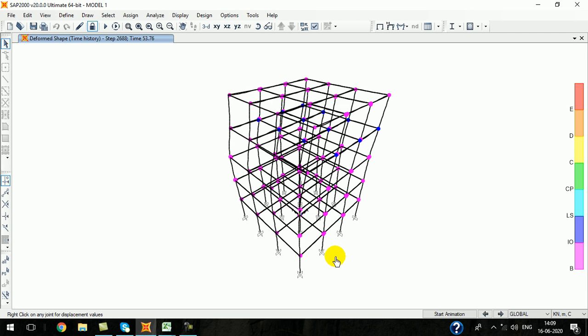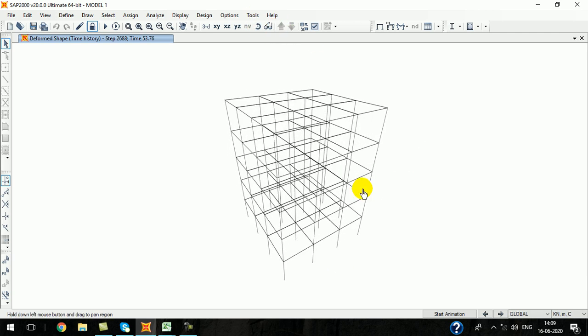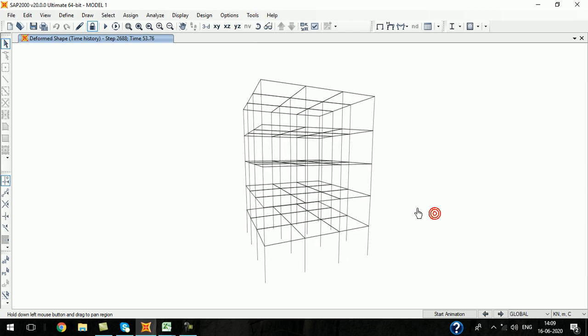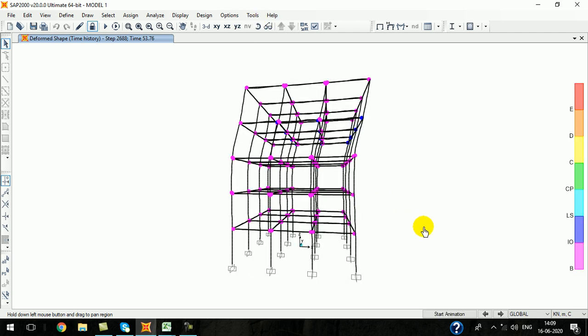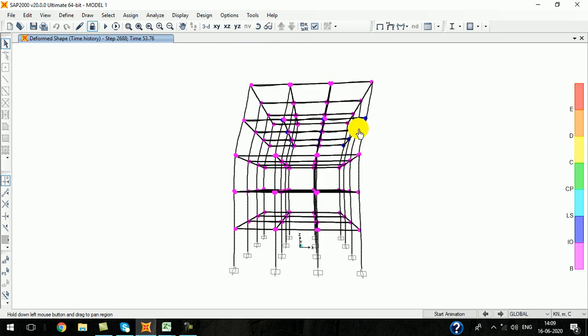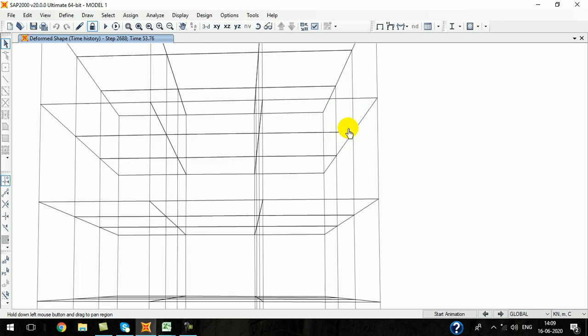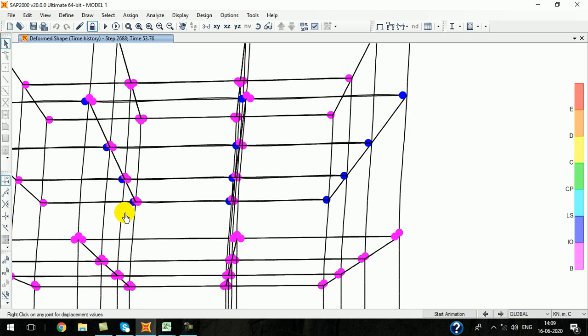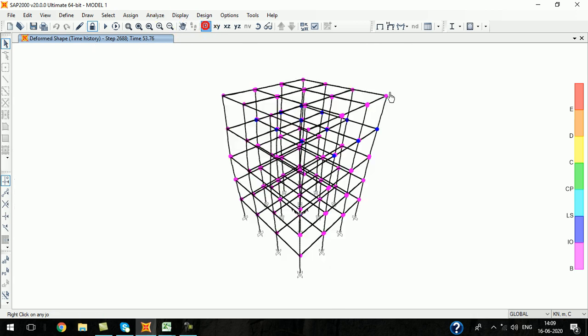Most of the members are in elastic state only, but some of the members experience blue color, that means immediate occupancy to life safety level hinges formed. But nowhere in columns such hinges are formed, only in beams. That you can see at these locations, the blue color hinges are formed. This location, these beams. Okay. That's all. Thank you.